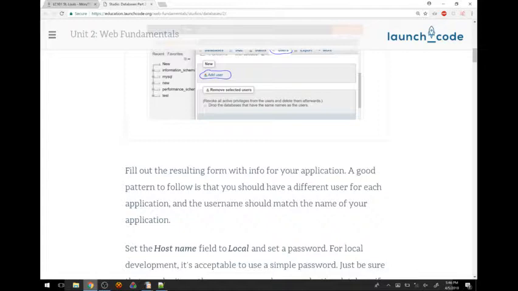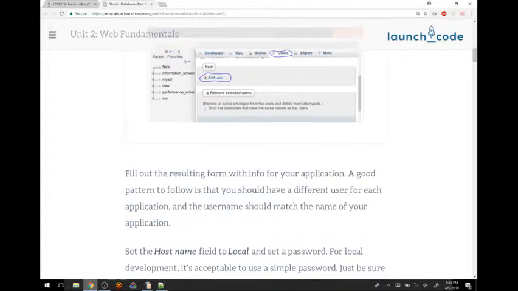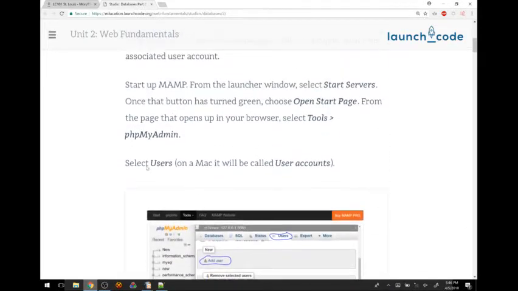This is so that if something happens to the database, it blows up, somebody makes a mistake, some information gets removed and you think it shouldn't have been, you have a way of tracing back to where the problem was. You don't want everybody to just log in under the same user, because then when problems happen, you don't have a way of tracking them down. So a good thing to do is make one user per application, so you can monitor that database access. So that's what we're going to do first.